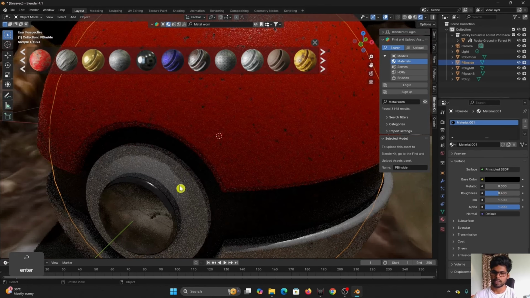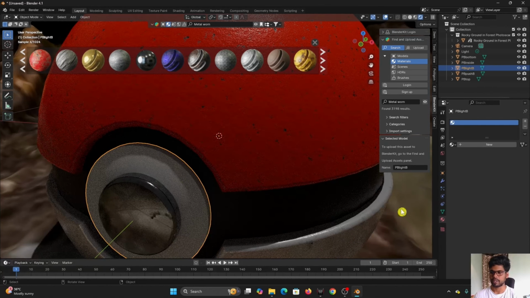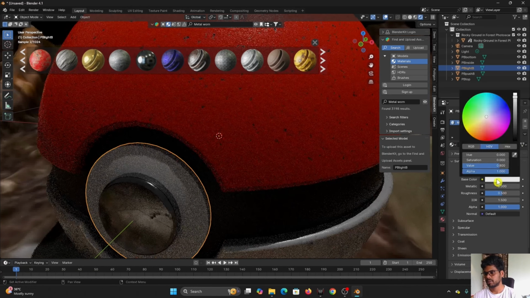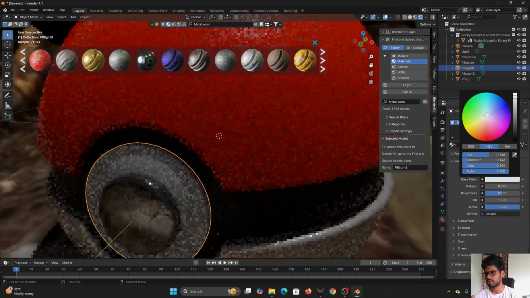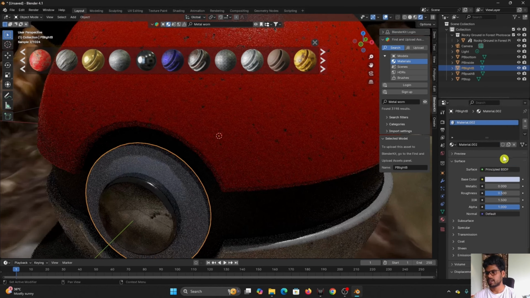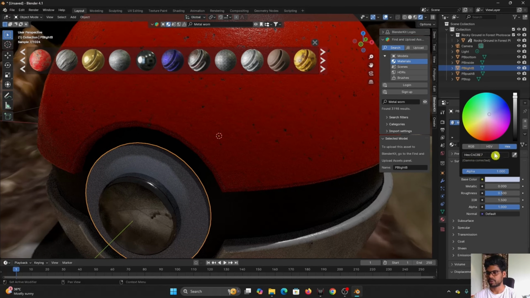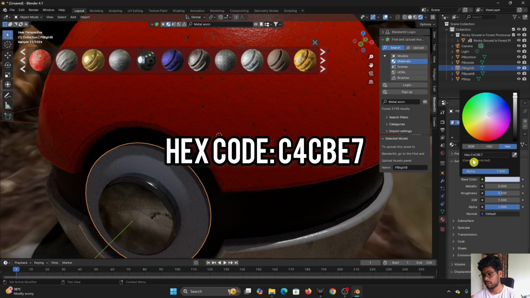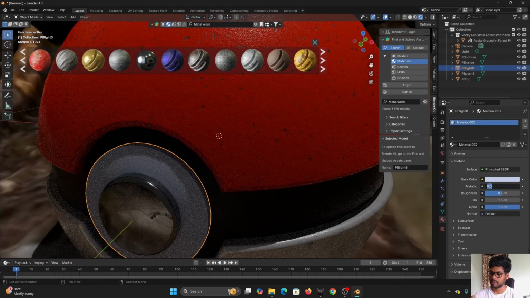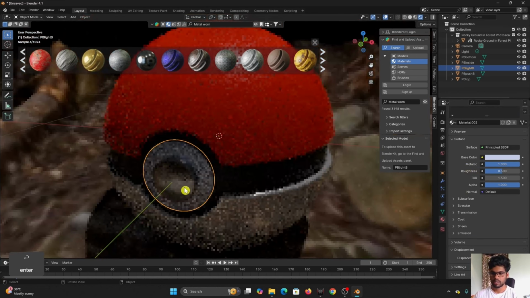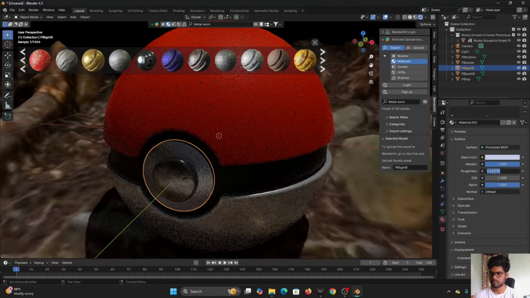Let's create a metallic looking material for the light window pattern. We'll do the same thing, but I'm going to keep the color almost a tint of blue. If you want the exact color, you can type in the hex code here. That is C4CBE7. And then I'm going to turn the metallic to 1 all the way. It seems fine, and I will reduce the roughness to something like 0.25. Okay,